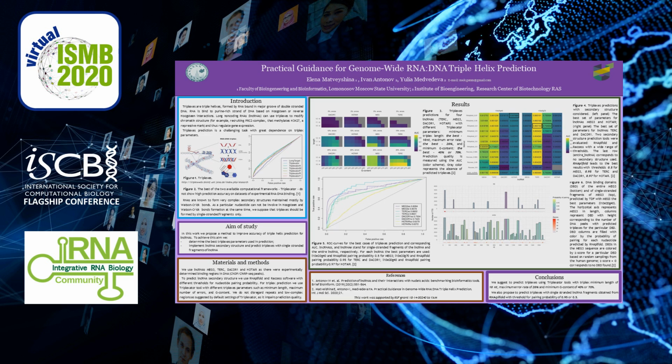But this is a challenging task with great dependence on triplex parameters. And two of the existing tools for triplex prediction, LongTarget and Triplexator, which is the best one, do not show great quality of prediction. So we want to improve triplex prediction quality, and to do so, we determine best triplex parameters that should be